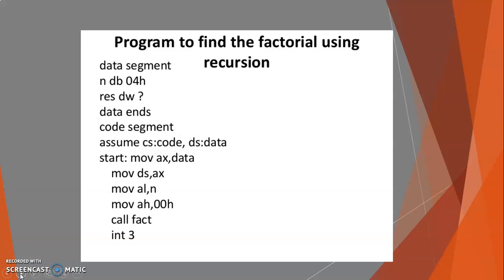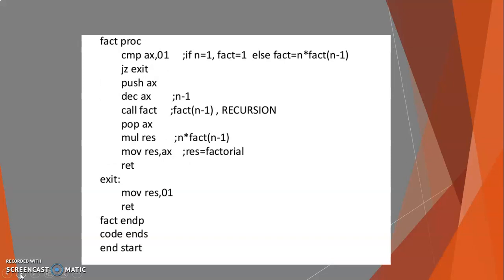This is a little more difficult than your C and C++ programs, so you have to see it and write it down. Comparatively, the theory part is important in the microprocessor, but the fifth chapter is important to understand the macros and the procedure. So this is the factorial program. Then we assign the integer 3. Then we assign all the logic about the factorial of the program, that is, you have to compare with 0, 1, n value 1, fact value 1, because you have to find the factorial of the number.